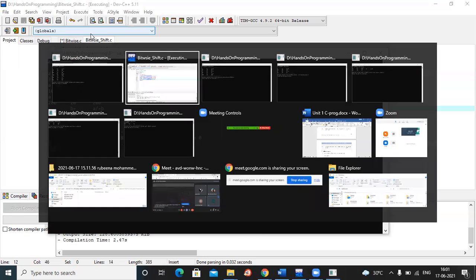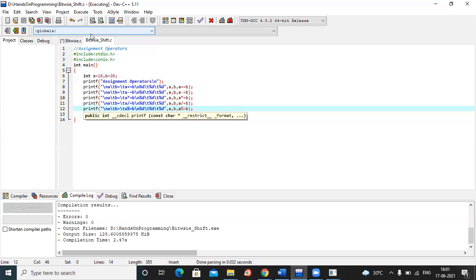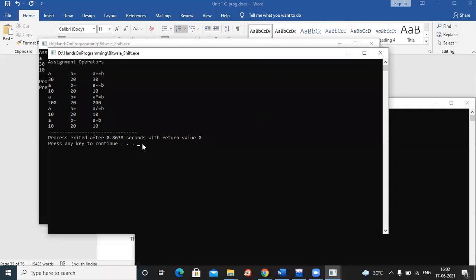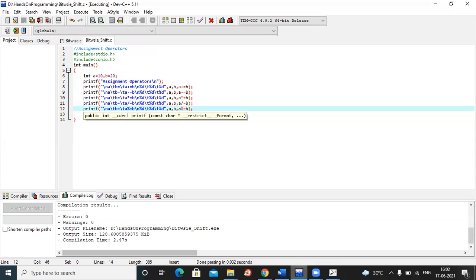One second, it has missed some part. Since a mod b is not being represented there. Why? Because the percent symbol has an extra meaning for modulus. That's why it is not letting you see the output over there. In the output screen, you are not able to see that.